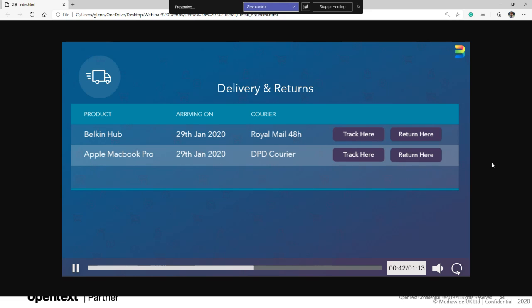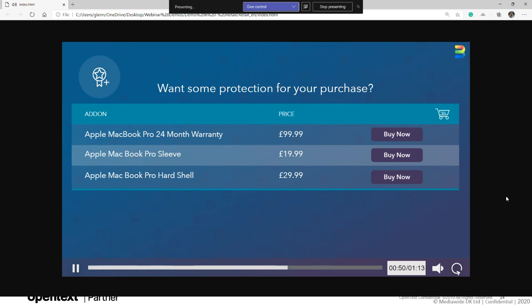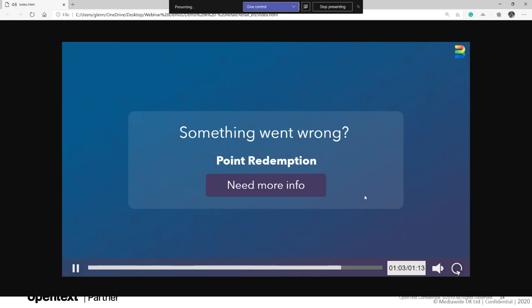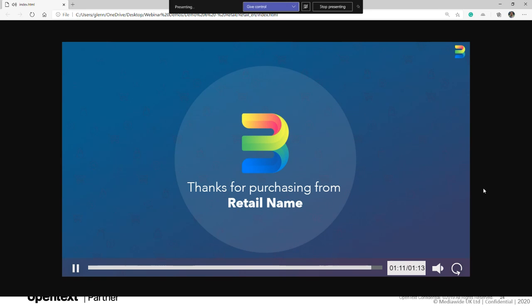Once delivered, if you need to return your product for any reason, simply click on the return button. Did you know you can get an extended warranty on some of your purchased items along with additional protection? Just click on the Buy Now buttons to add these to your basket. If you have any queries about your products, delivery, or service, then please use the link to log on to the website portal to chat to one of our representatives. Thanks for purchasing your products and hope you